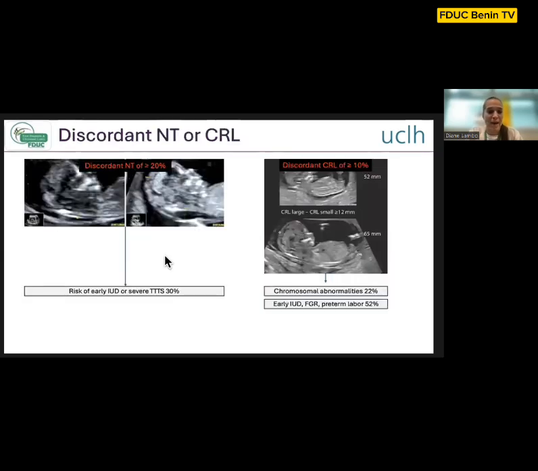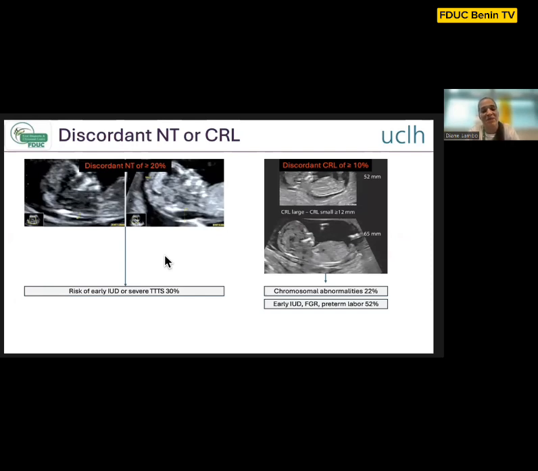So what happens when you have a discordance in either the nuchal translucency or the CRL? What that means is that you have one twin that has a completely normal nuchal translucency of 3.5 or less, and you have another twin that has a completely abnormal nuchal translucency of 5 or 6. Now, there have been many studies that have tried to determine the predictive value of a discordant nuchal translucency for adverse